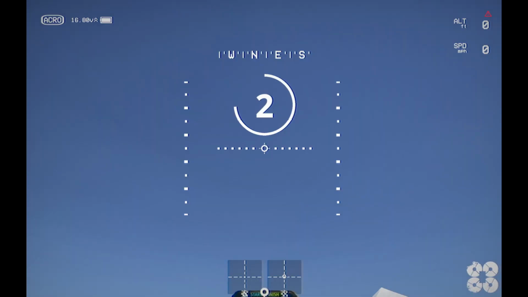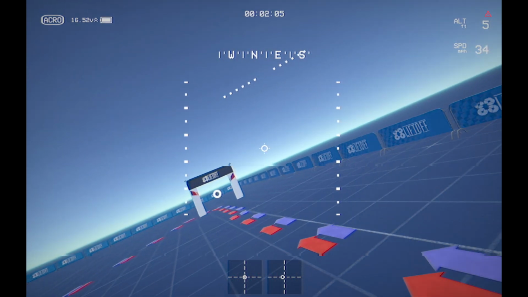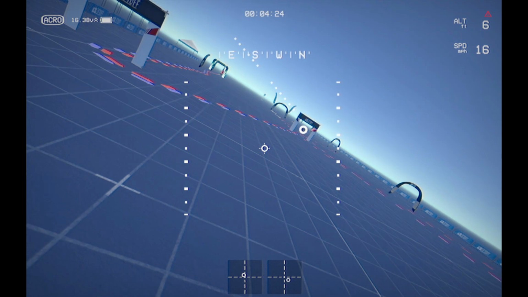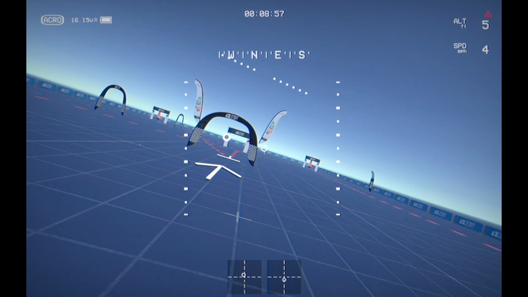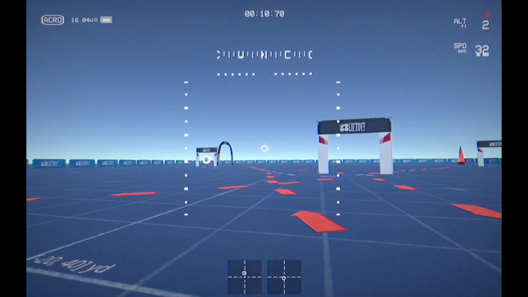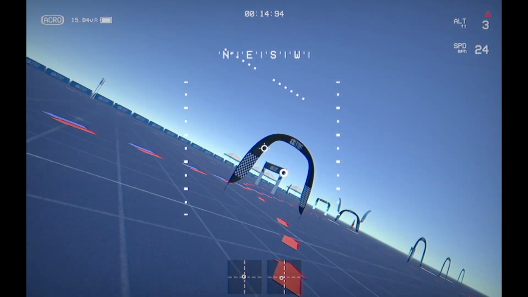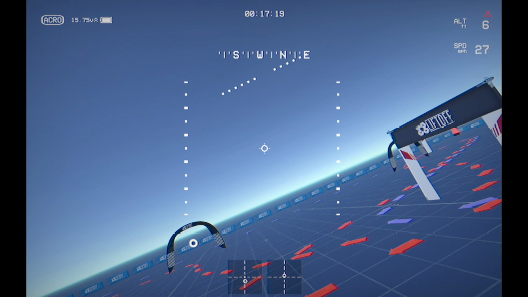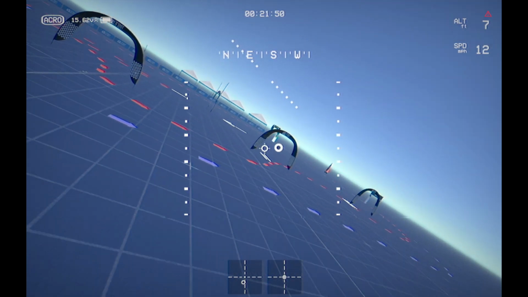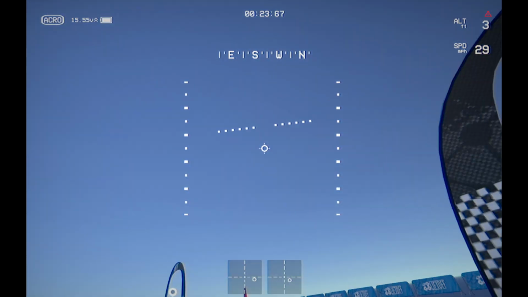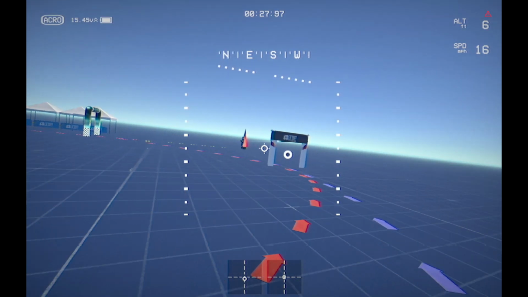The advanced track starts off the same, around the two flags, through this continuing, and then split S over this gate, to here, through this gate, back through the middle, there we go, to the right, through this gate, a little split turn, through this gate, a little split turn, through this one, and then finally back through that.